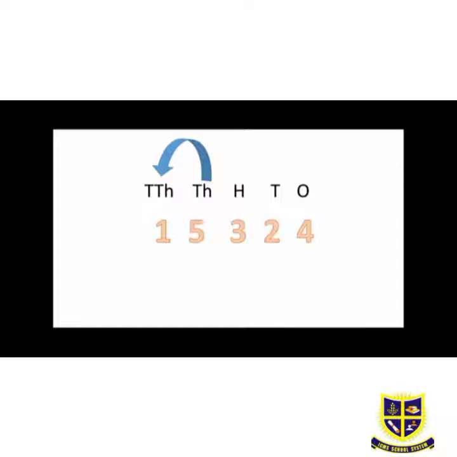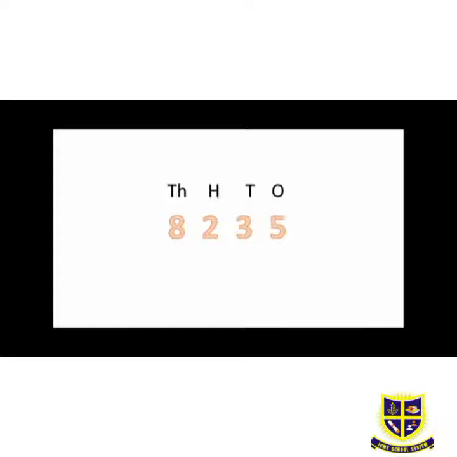What is the number name of this number? Let's see. We know that while naming a 4-digit number in words, we divide the number into 3 parts. This is the first part, the thousands place. This is the second part, the hundreds place. And this is the third part, the tens and ones places taken together.